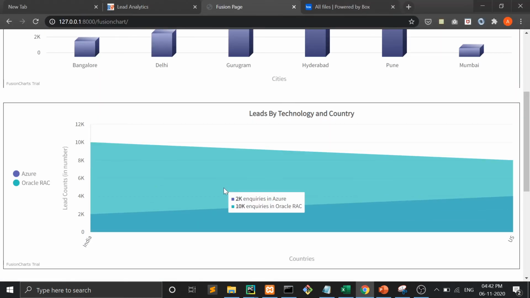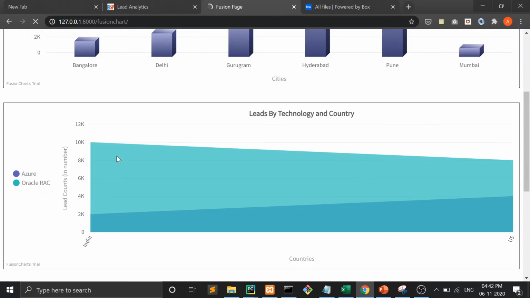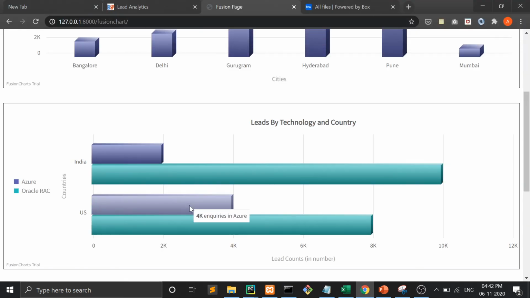So there are different types like MS line and MS area, so you can show the data in an area chart. If I make it MS bar 2D or 3D, two different bars will be shown. Look at this, MS bar.